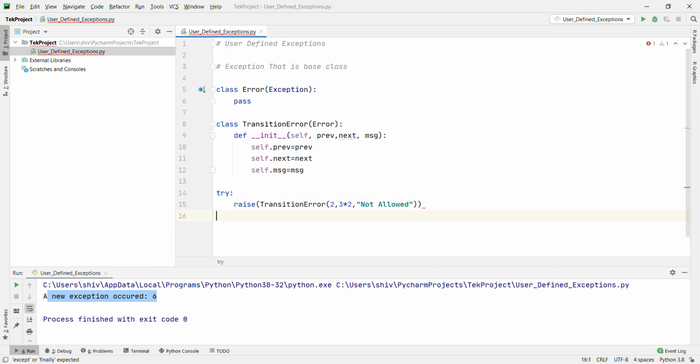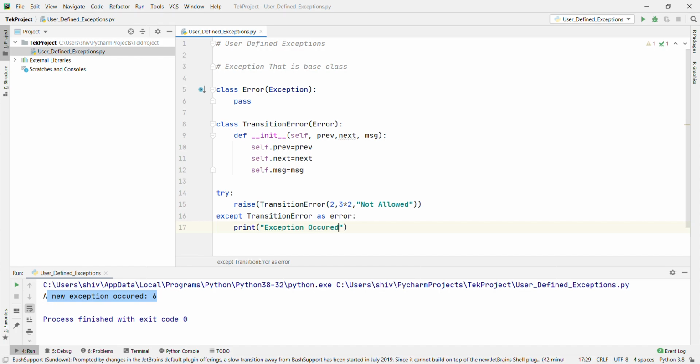Now I am going to catch the exception: except TransitionError as error, colon, print exception occur, and then error.message.